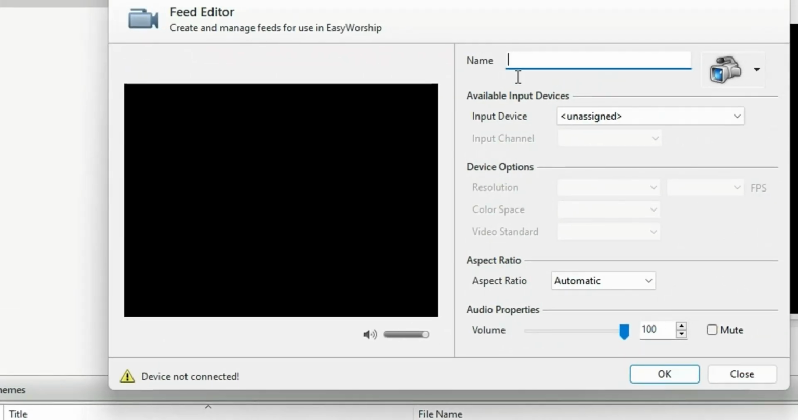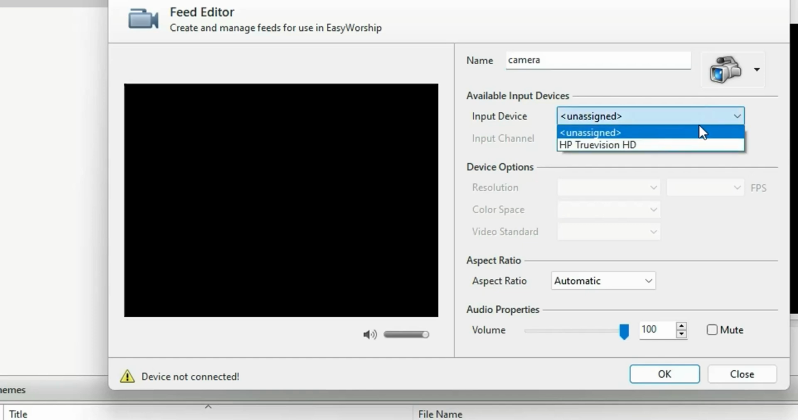So you can give your feed a name. You can make it camera, and then when you come to input device, you click on it. If you have a capture card plugged into your PC or any form of camera connection, you are going to see it over here. And then when you click on it like this,